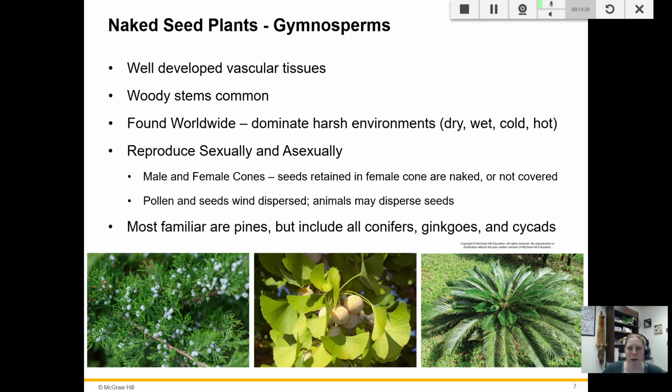If you go up into the mountains, you start seeing gymnosperms, okay? These guys do reproduce sexually and asexually. They can grow out sometimes from the base depending on the species. Now, many of them have two separate sexes. So we're going to see male and female cones. The male cones are the ones that produce the pollen.